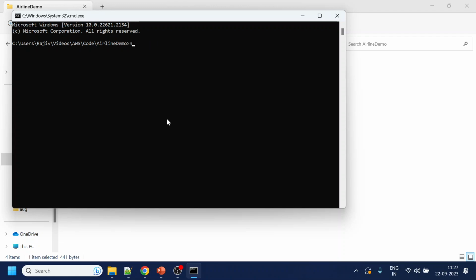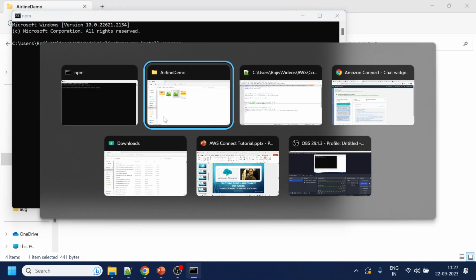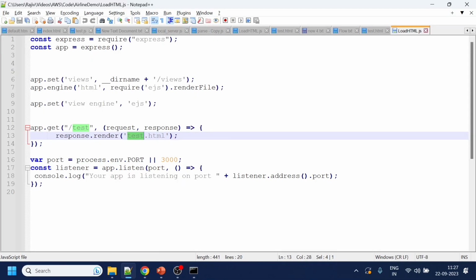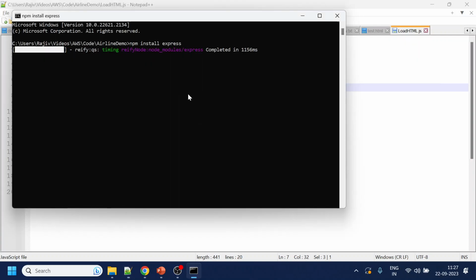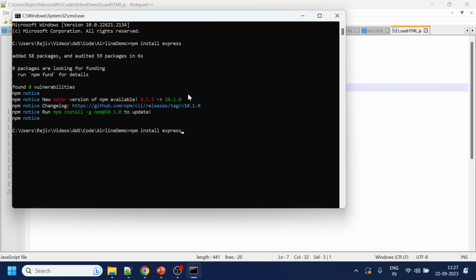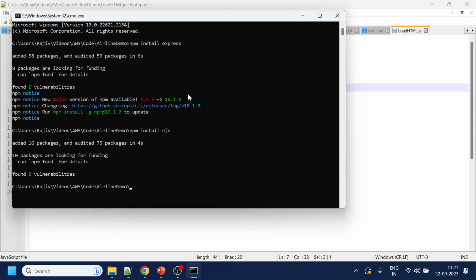Before that, this is Node.js code, so if you don't have Node.js, you have to install Node.js first, and Express and EJS. Once these two are installed, what I can do is go and